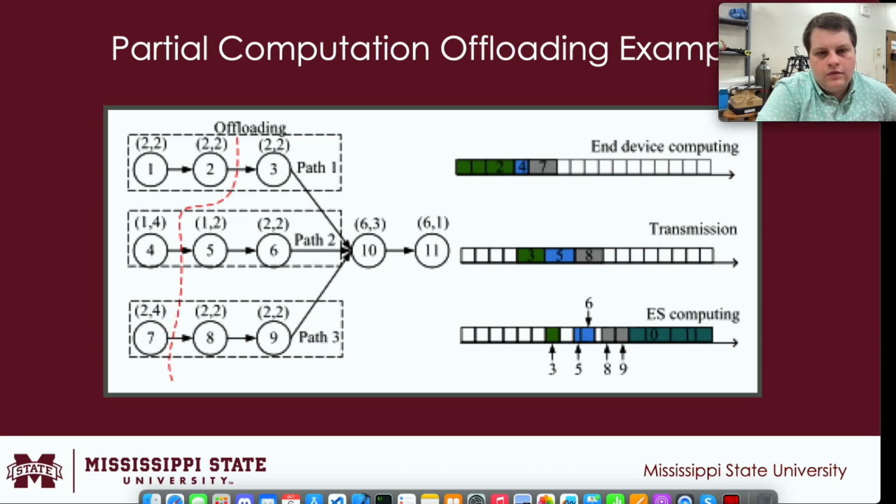The 2 and 2 over layer 1 means that the computation layer 1 computational time is 2, and the transmission data size is 2. We can compute the total time by considering the computation times of the edge server and the edge device, as well as the transmission time between the end device and the edge server for all layers.